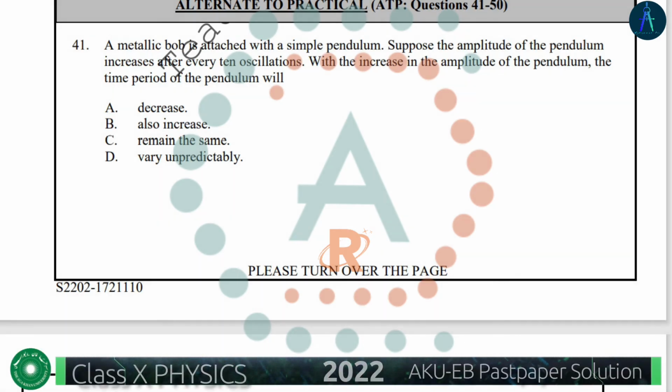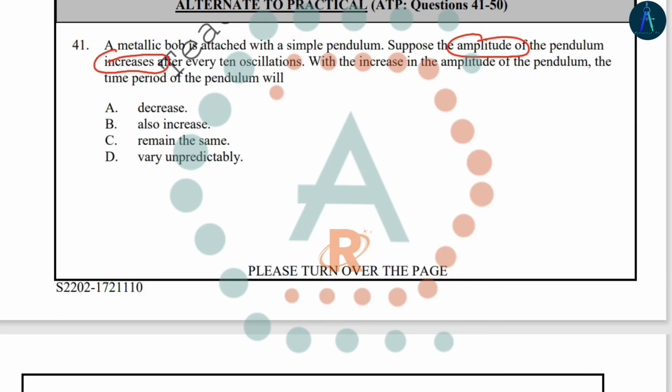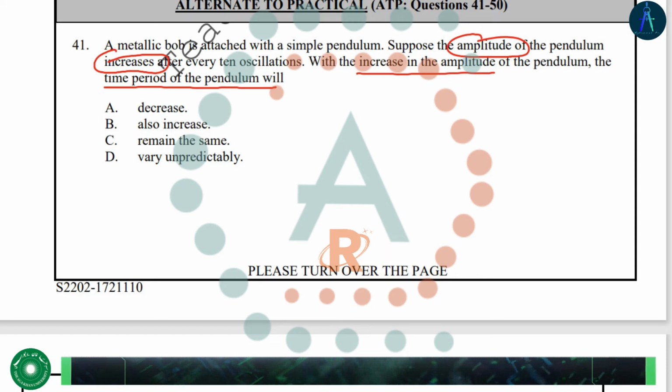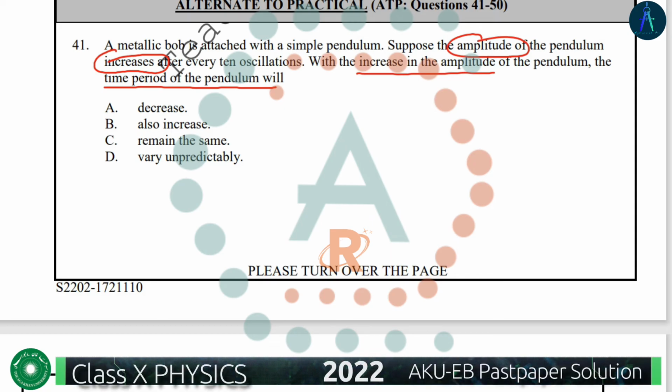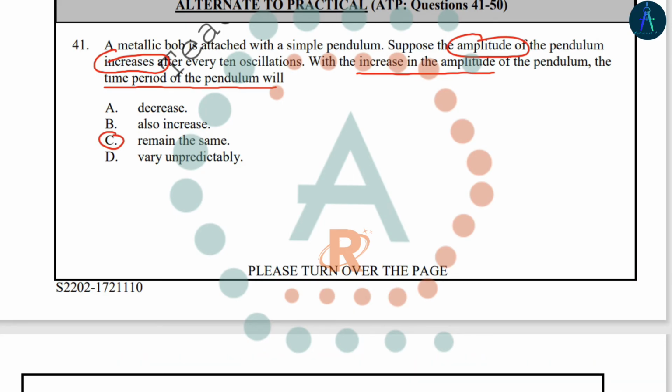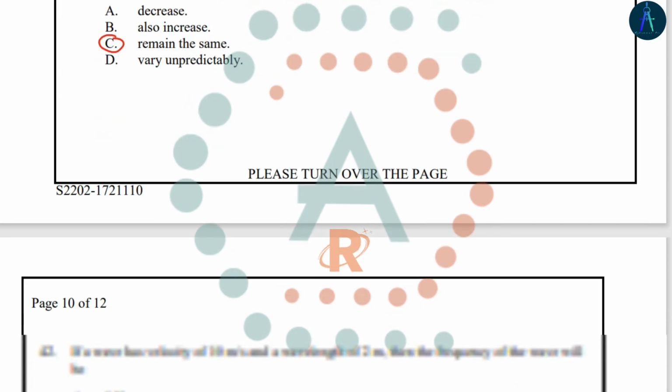Then we have question number 41. A metallic bulb is attached with a simple pendulum. Suppose the amplitude of the pendulum is increased after every 10 oscillations. With the increase in amplitude, what will be the effect on the time period? So we know that time period only depends on the gravitational acceleration and length of the pendulum. This means that changing the amplitude of the vibration will not cause any change in the time period of the